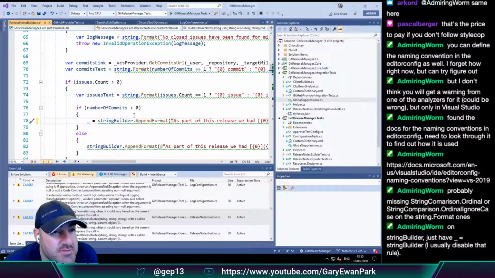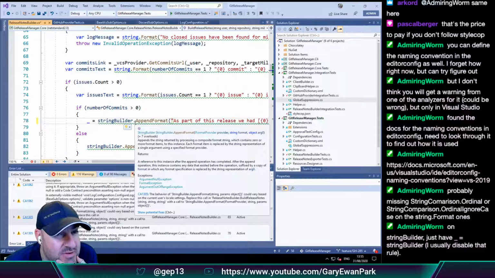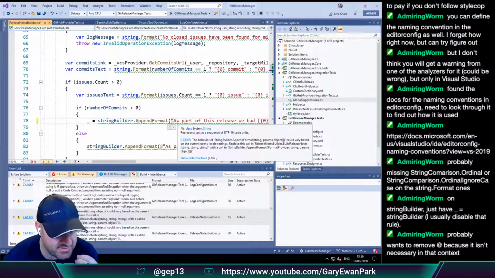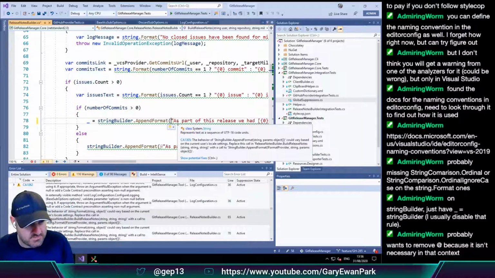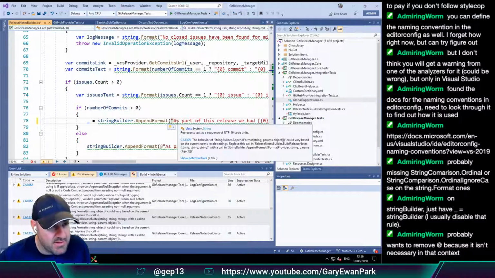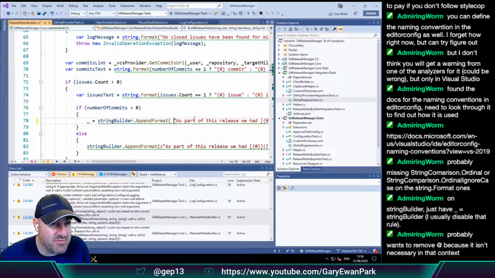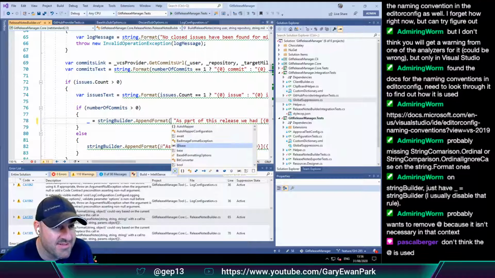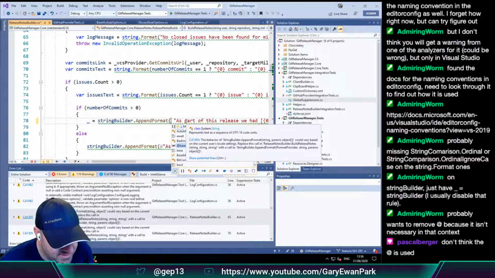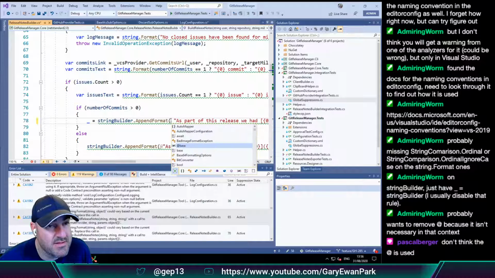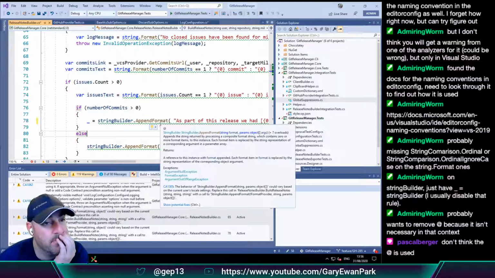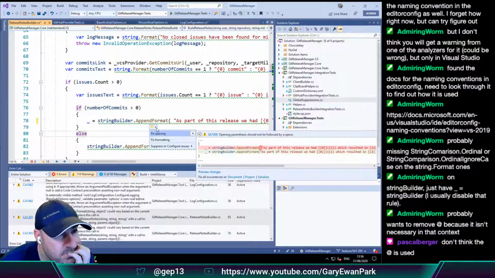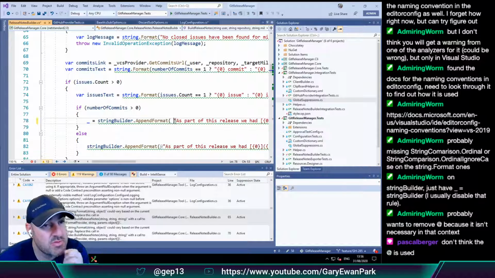Seems like there's a lot of things wrong with this line. And then it also wants us to put a... it seems like there were three things wrong with this line. Stop it.